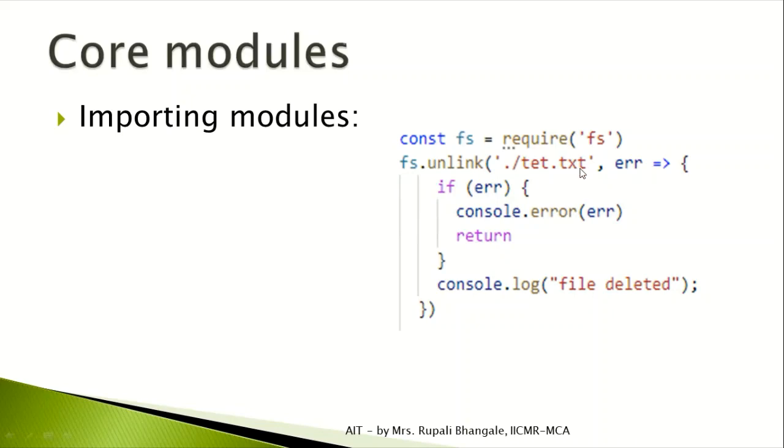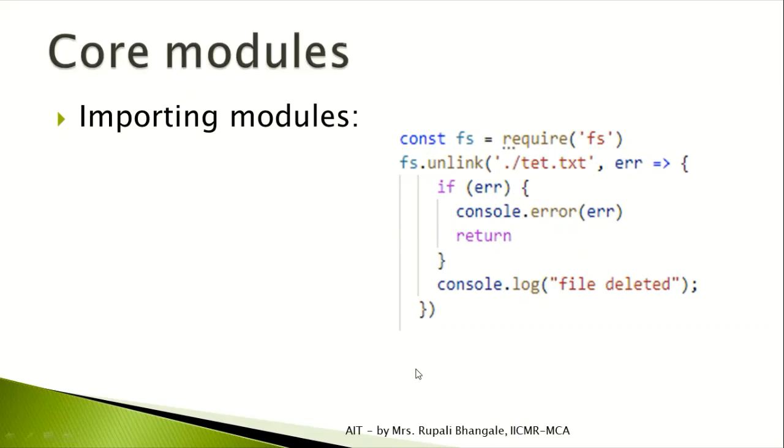Similarly, you can implement HTTP and then create your own server. Similarly, you can implement the query string module and then use the encoding or decoding operations. These are operations already defined in the modules, and you are simply using those modules by implementing them in your code. So this is how you can implement your core module. We will be discussing the code part within the session.